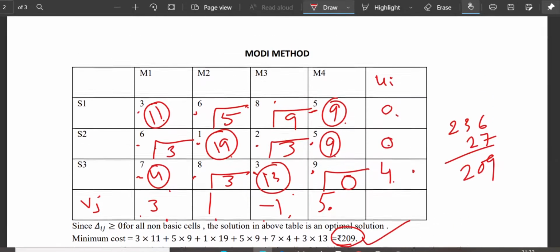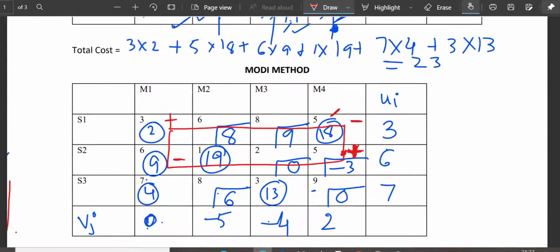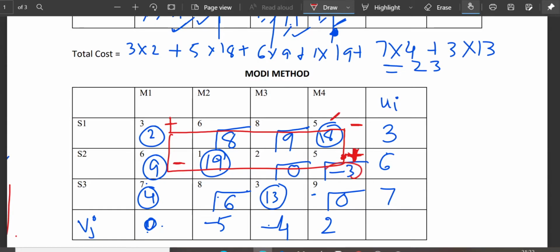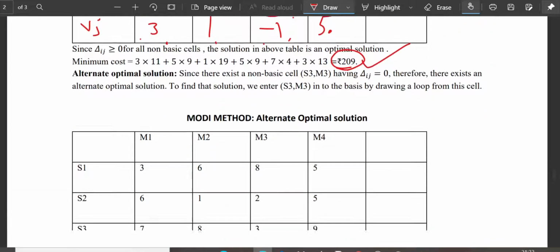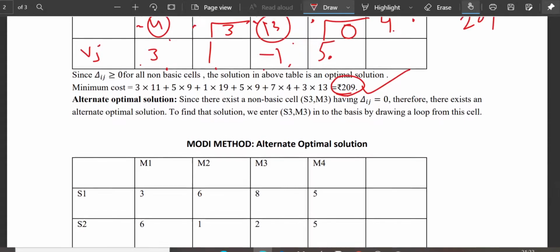Okay. I again repeat this step. How we will see how much cost is to be reduced. See, in this table, my delta ij is this one, which is negative. This delta ij is minus 3. Minus 3 indicates that the cost can be reduced by 3 rupees per unit. So 3 rupees per unit is reduced and I have supplied 9 units here. In the next table, I have written 9 here in the circle. So 3 9s are 27. So the cost is to be reduced by 27 rupees in the next table after modifying it. Okay? So this is my complete question on Modi method.